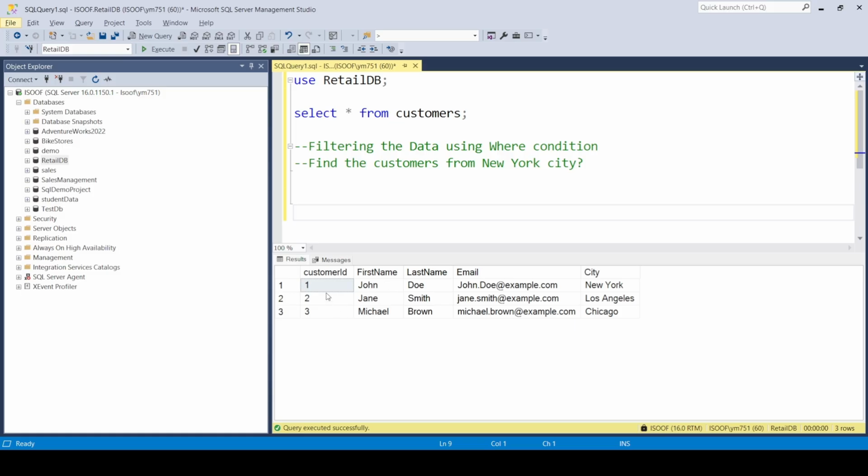Now this is the data present in my customers table. Now if I want to filter this data, I have to use the where condition. For example, I want to see the customers from New York City. So I have to write the query like this: select star from customers, that is the table name. Then we have to use the where condition, where the column name city is equal to